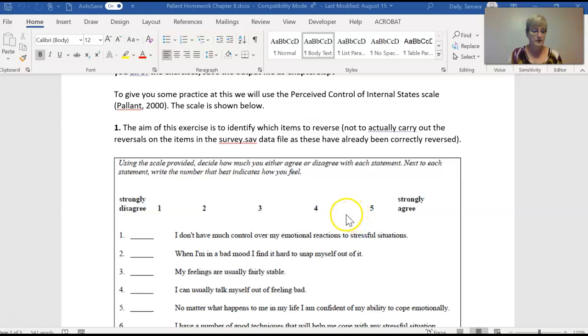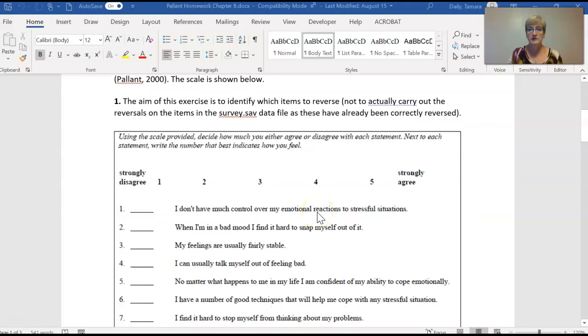This video is the tutorial for Pallant's SPSS Survival Manual Chapter 8 Homework, Manipulating the Data. I wanted to start here, not with the SPSS file, but looking at the homework sheet itself to make sure that you understand what we're talking about, both when you read your Pallant chapter and when you look at the